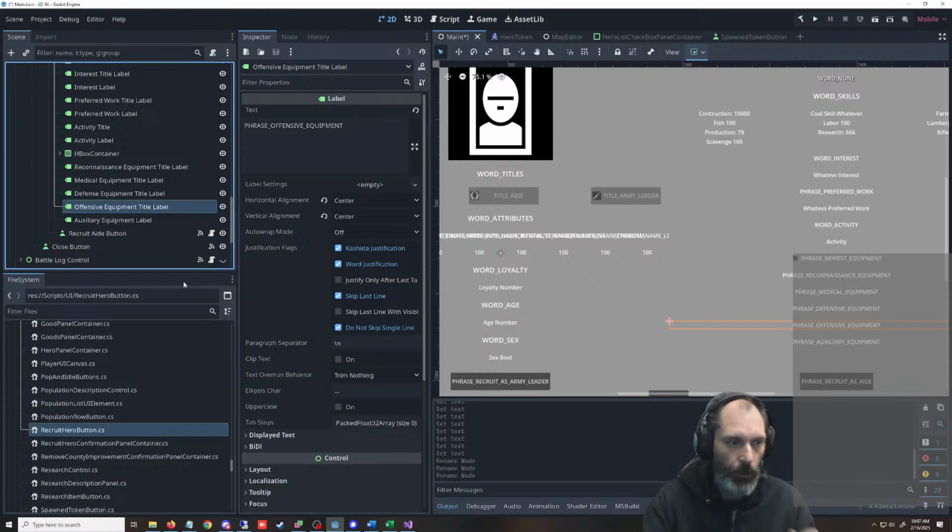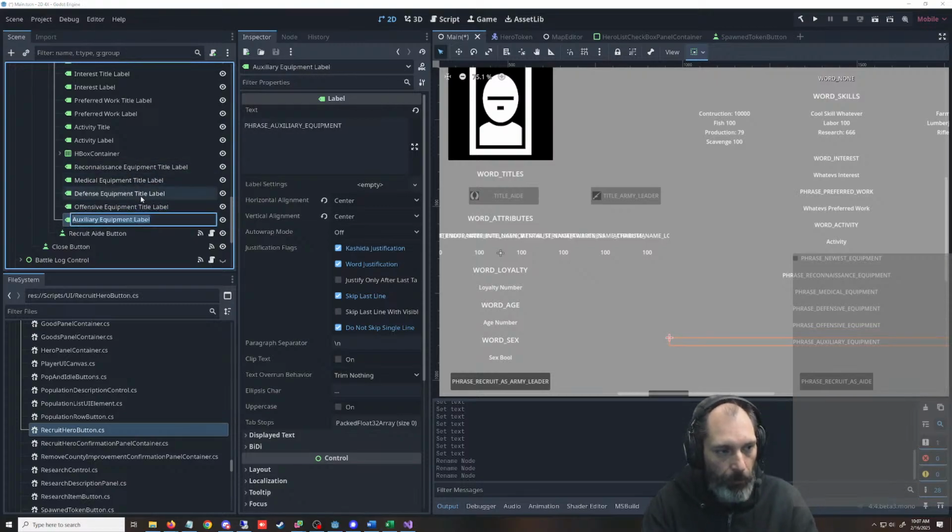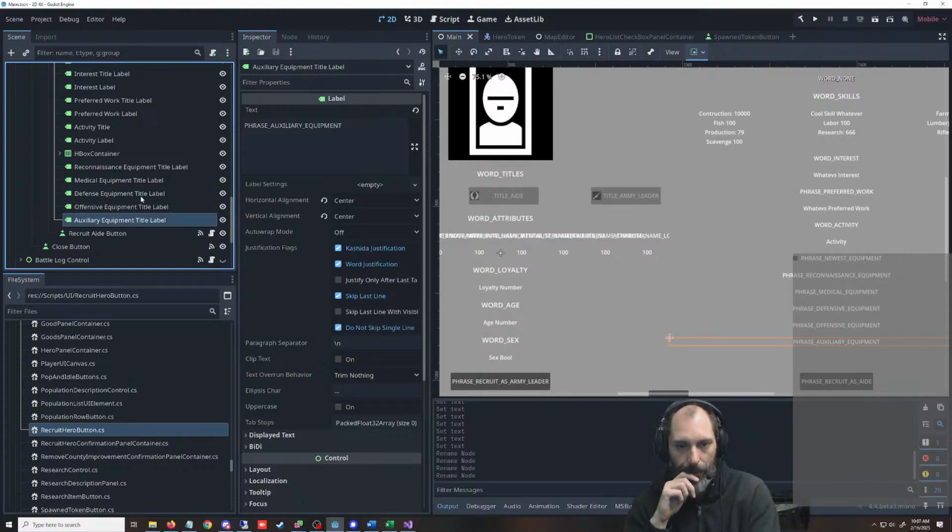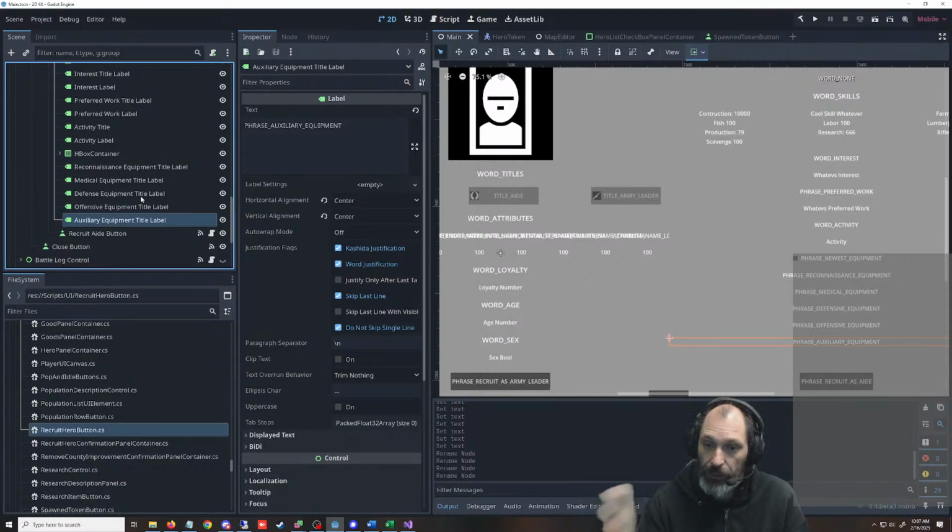The only type of equipment we currently have is reconnaissance equipment. And hopefully we're going to build in a thing that checks, we'll figure that out later, like, does this place have reconnaissance equipment? Does this place have medical equipment? This place being the county that the hero's in.